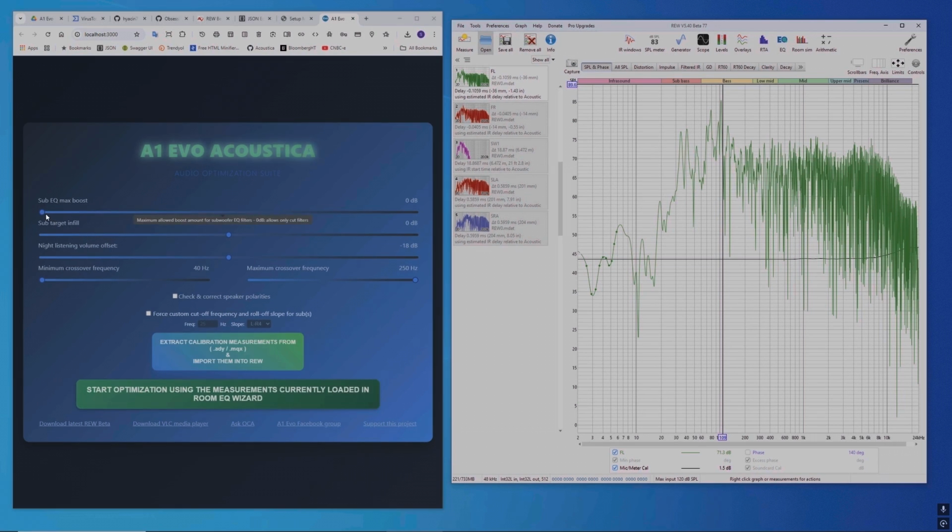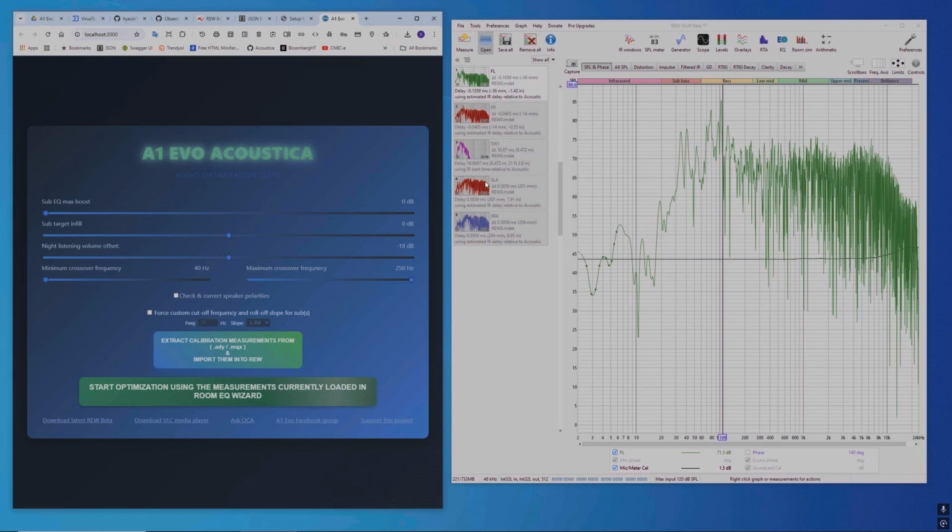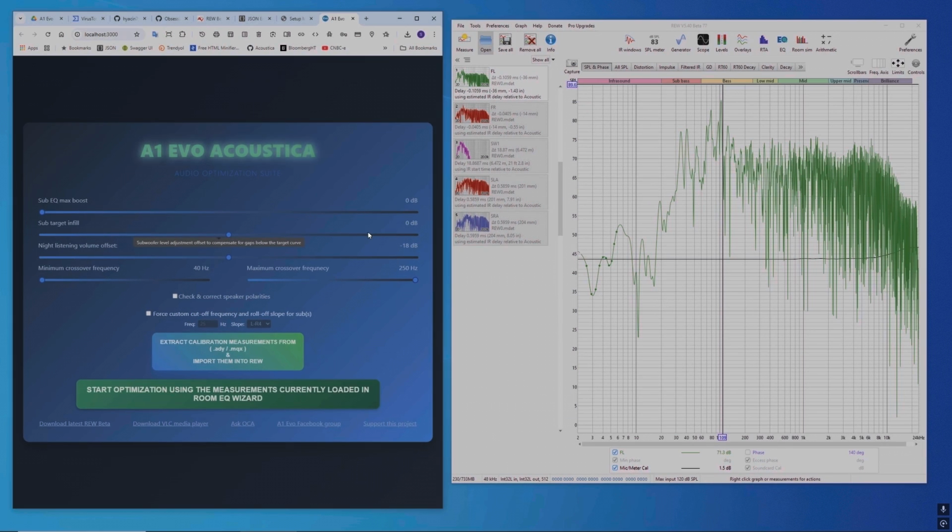Now you can adjust subwoofer EQ max boost. I suggest keeping it at 0, but you can use peaking filters too to boost the dips, but dip boosting is not a good way, not a good sounding optimization. Infill, just lift sub volume up and down, so you will have less dips, for example, if you use something